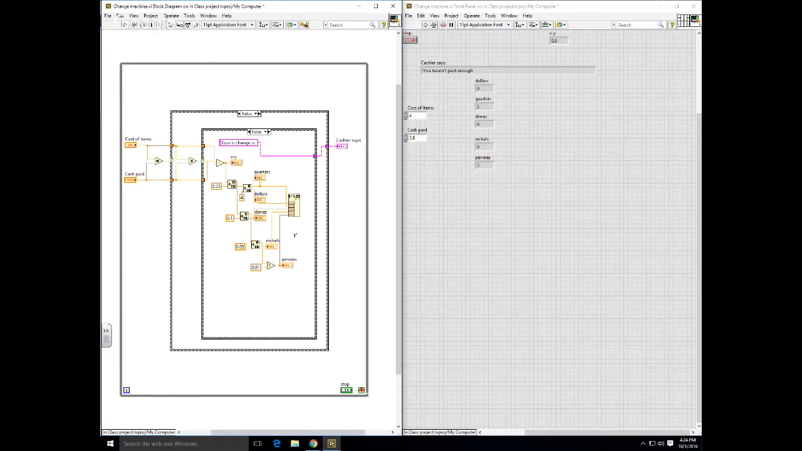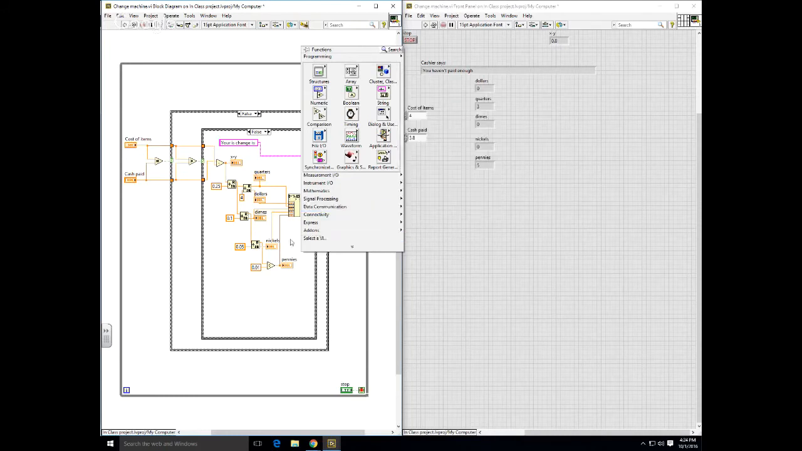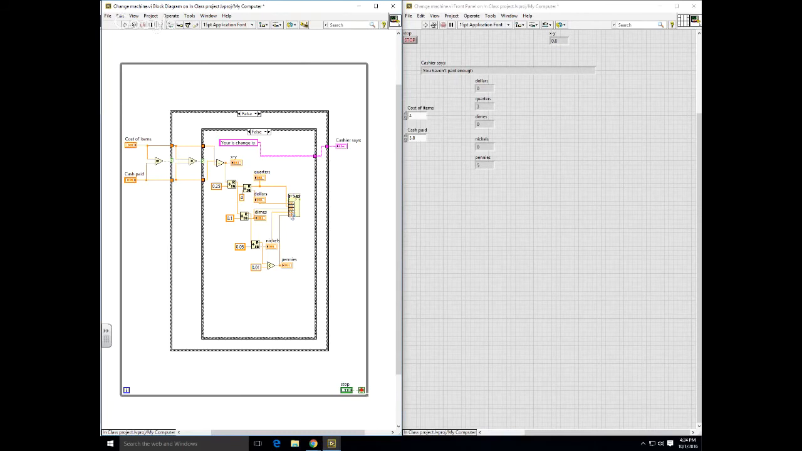Make sense? No. Wait, which one is that? Right click, string, format into string. Yep. Okay. And then you can drag the bottom and make it more inputs for more values. And then once you have all 5 of them plugged in, right click, edit the format string,